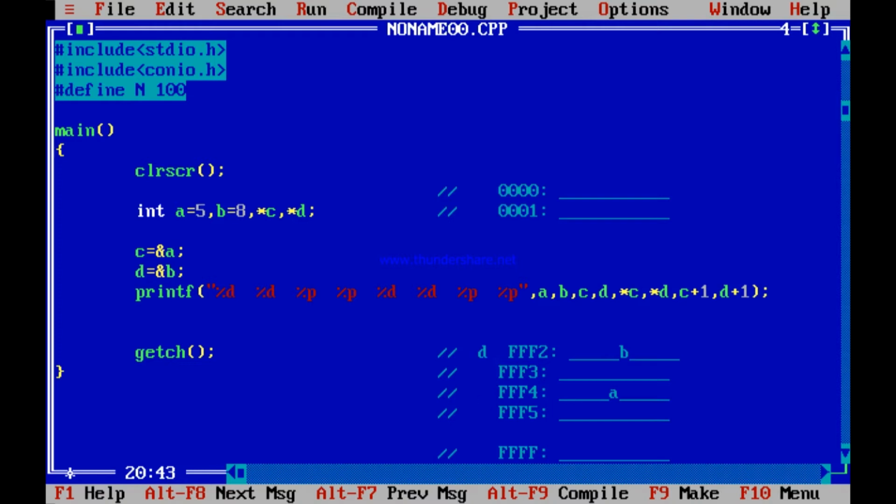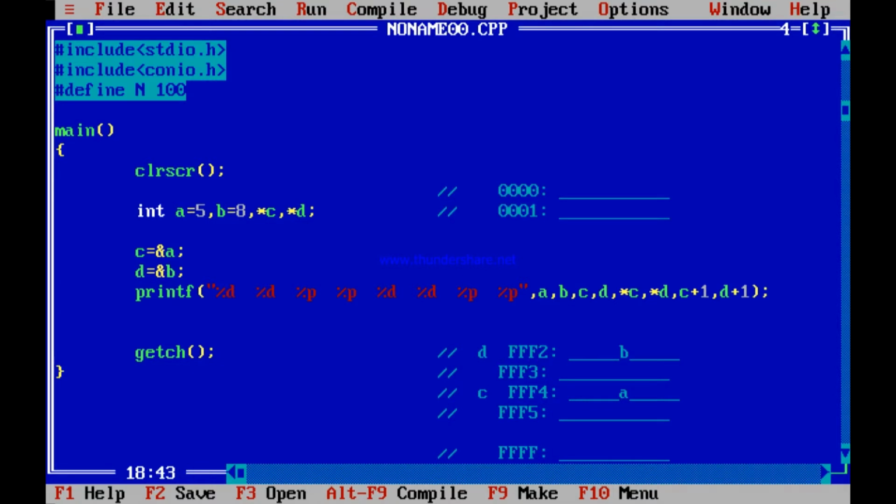This is C, because A is 5, and the address of A is FFF4, which I have put in C. C equal to ampersand A. D is equal to, so this is D, the address of B is FFF2.